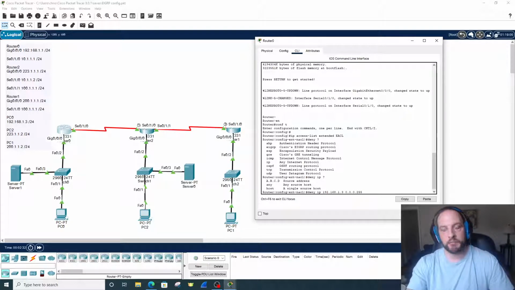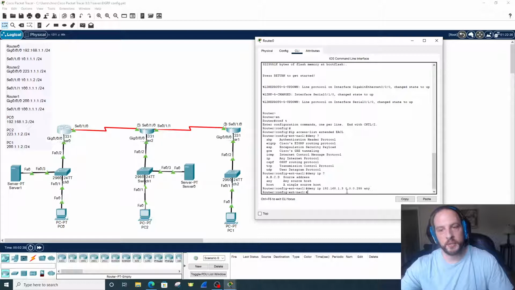And then the next part we put in is the destination IP address, and I'm just going to put any. You could put an IP address if you want to filter by that, but I'm denying PC0 being sent through router 0 to any IP address. With an access control list, you want to set your most specific statements first, and then as you go lower and lower, they get more vague. So we've got a very specific statement right here, denying IP traffic from PC0